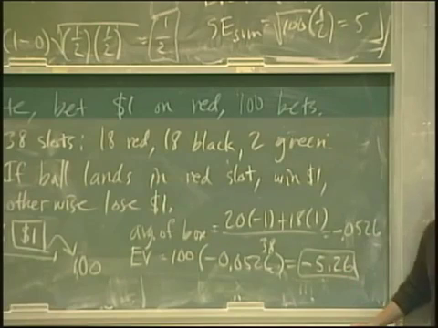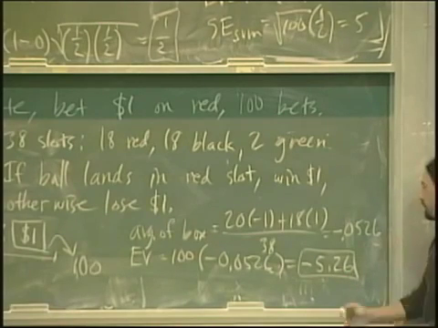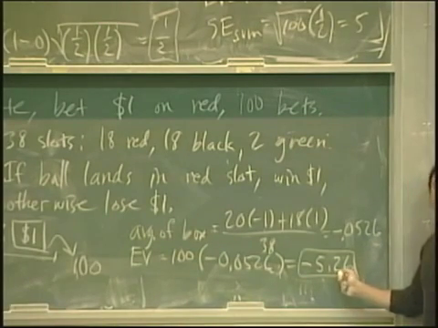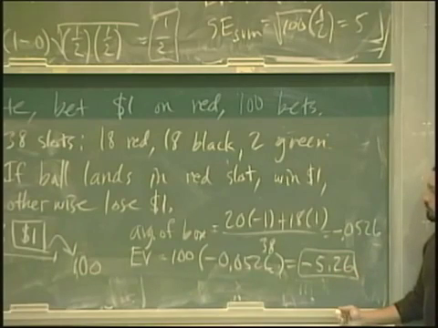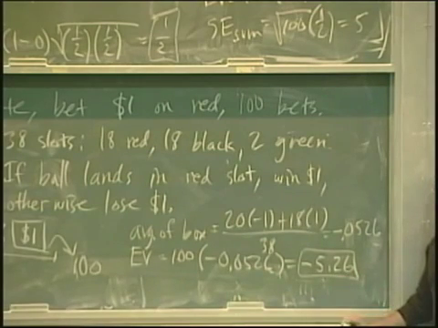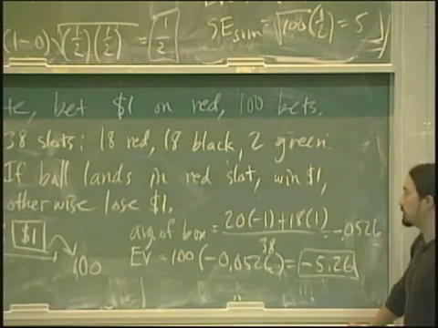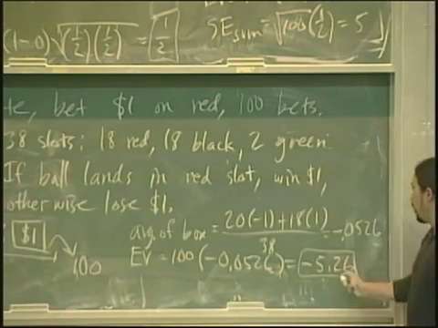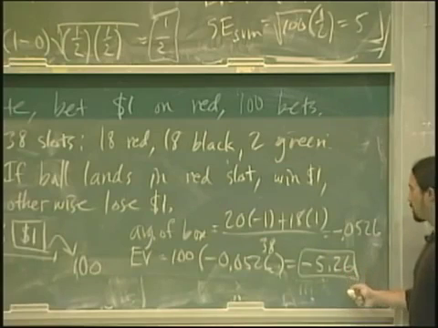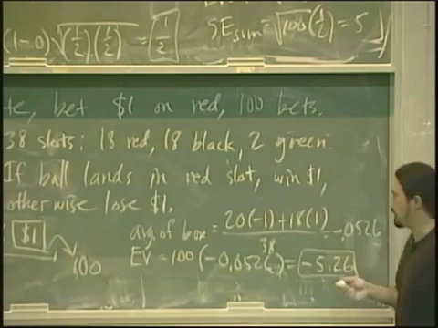So if we took a field trip and everyone did this, that's the sort of long run average you'd expect people to have. Now, presumably, people would not play if they always just lost $5.26. It'd be a boring game if you knew going in that if I play 100 times, I'm going to lose $5.26. So what makes it fun or exciting is the chance you might actually win money. So you'd hope at least that the standard error would be big enough that sometimes you'd win money.